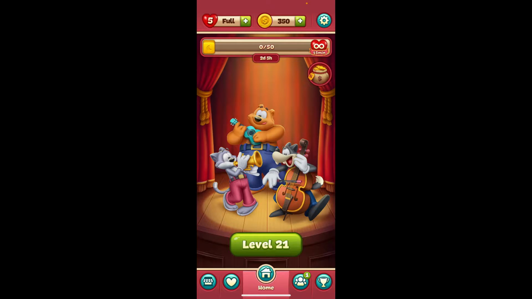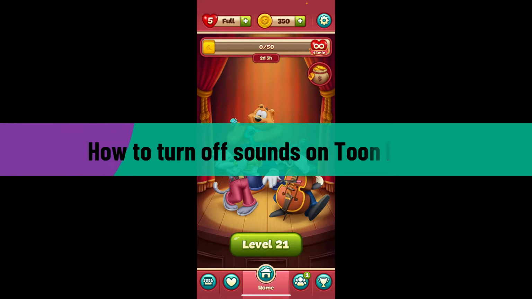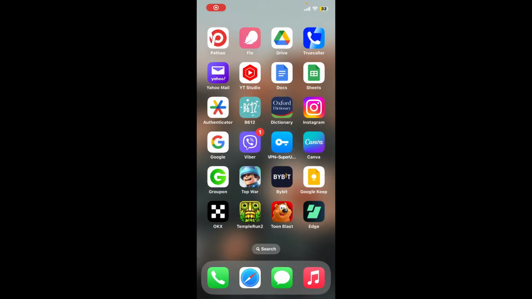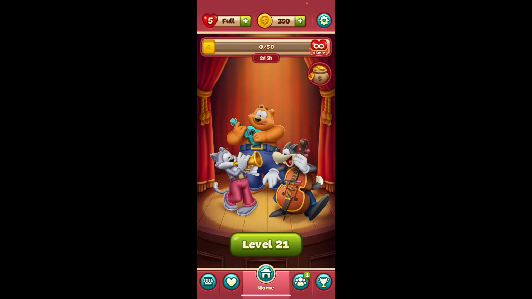In today's episode, I'm going to be showing you how to turn off sounds on ToonBlast. If you want to turn off the sound setting from your ToonBlast application, then here is how you can do it. First thing to do is to launch the ToonBlast application and make sure that you're inside your main home